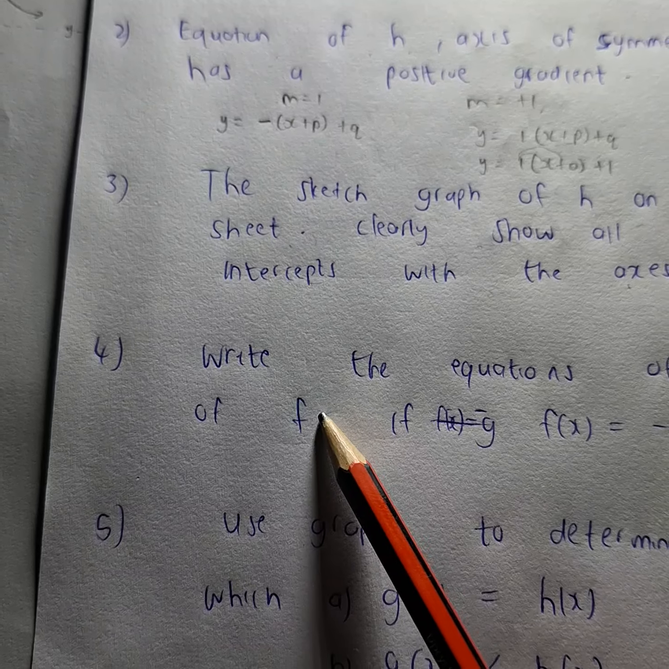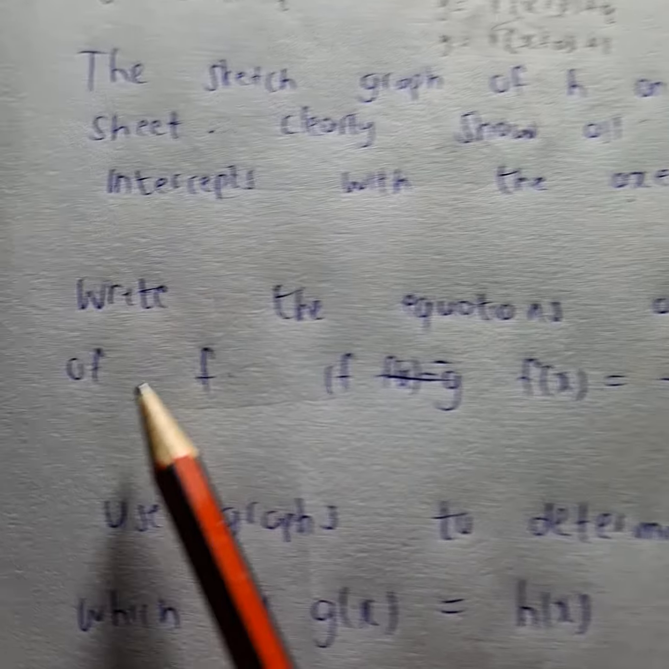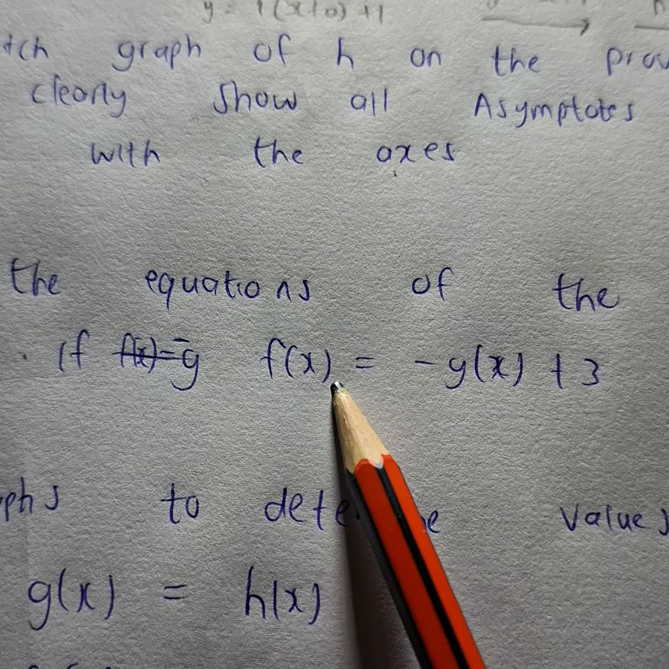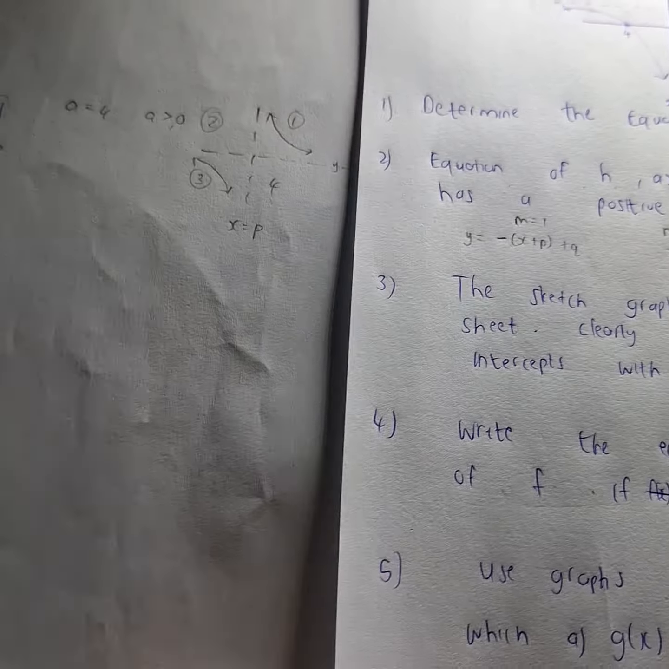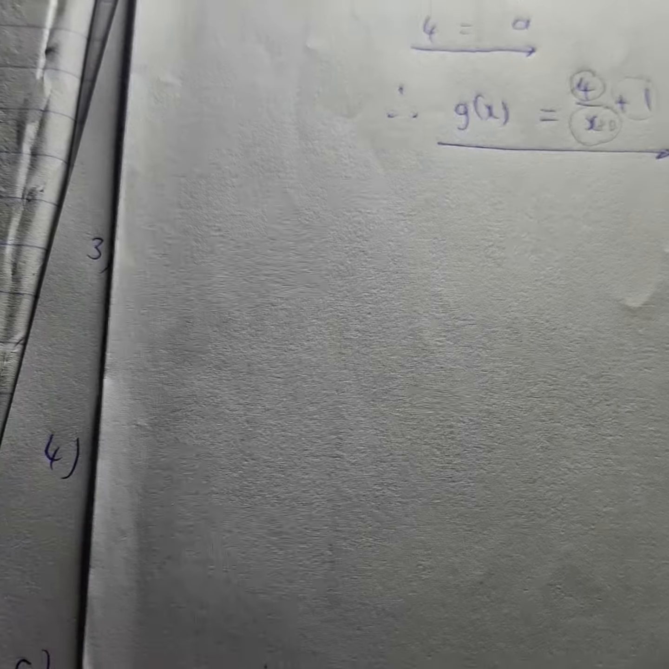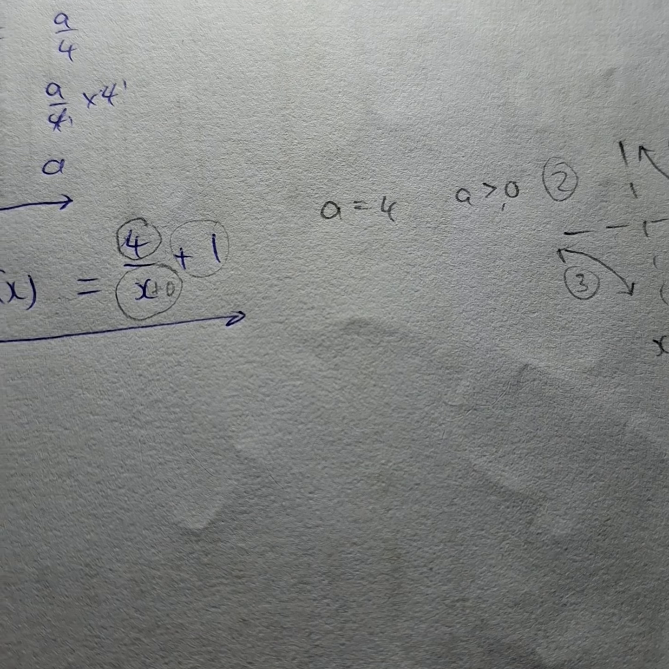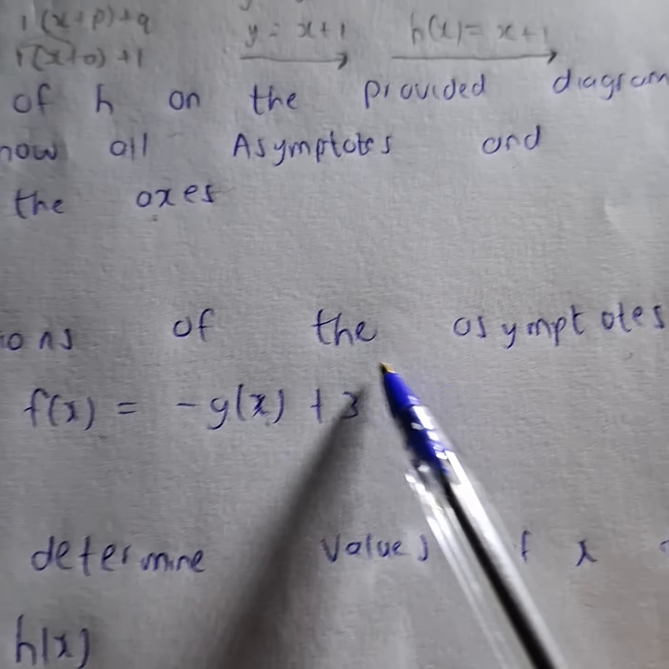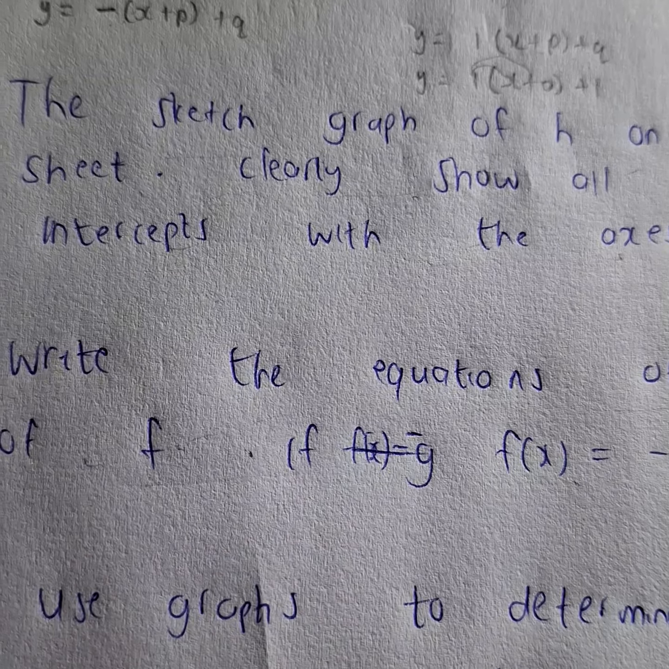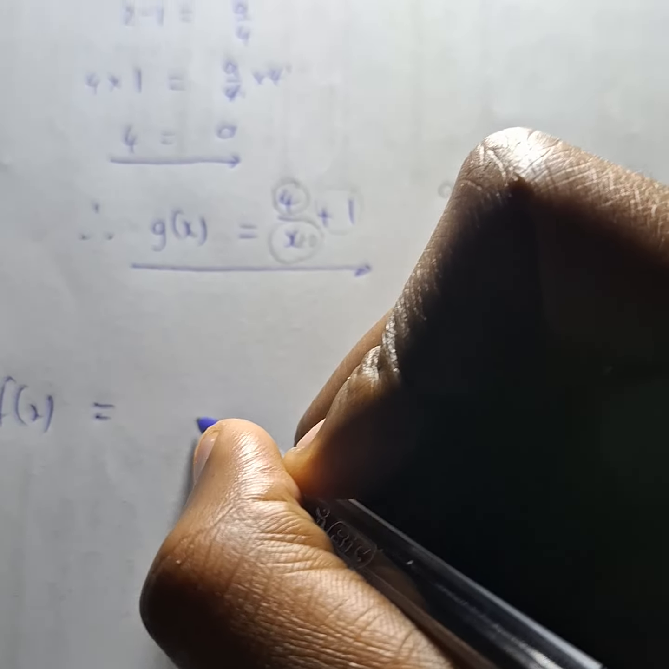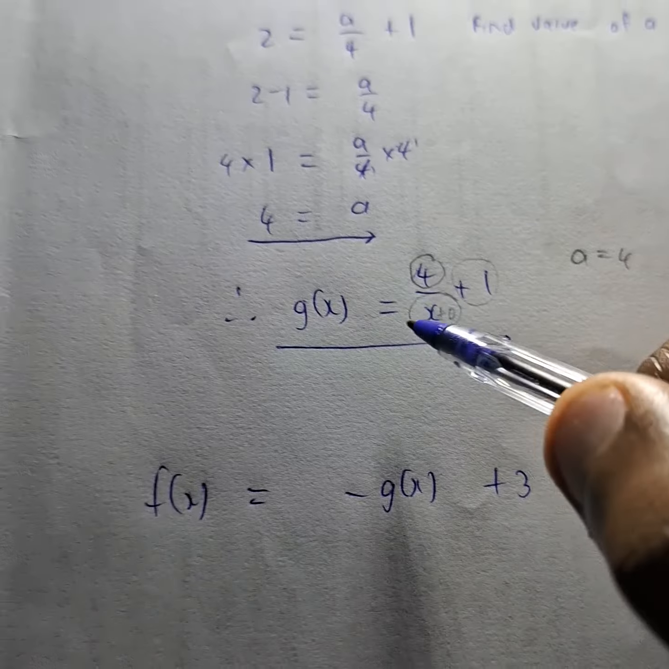Now the next question says write the equations of the asymptotes of f if f of x is equal to negative g of x plus 3. So f is the new function because we did not have f initially. So f of x is equal to negative g of x plus 3. So in other words, what are they saying? This is g of x,